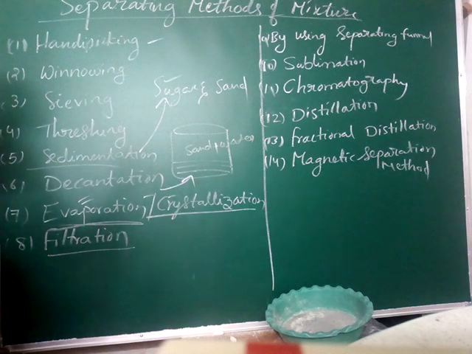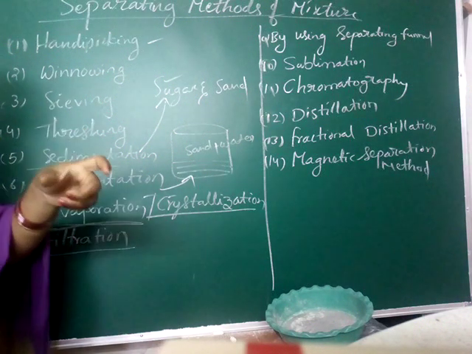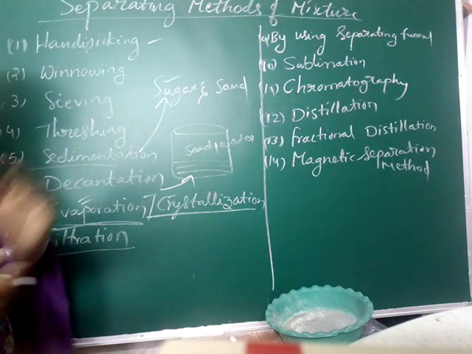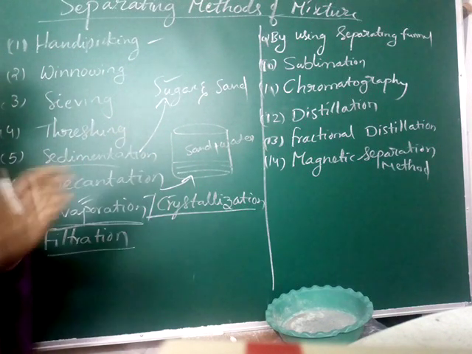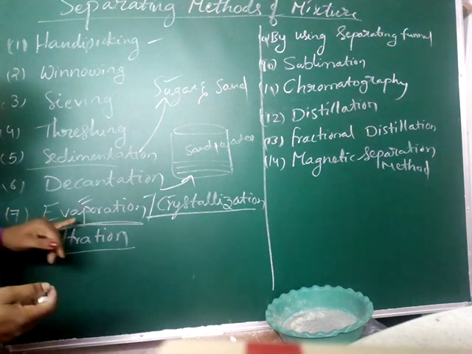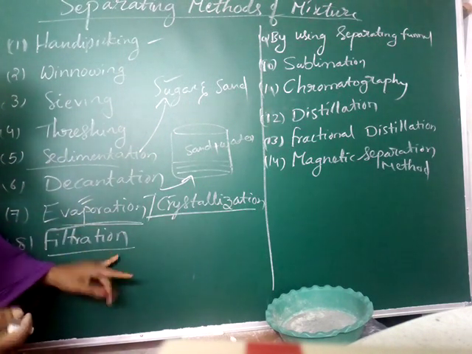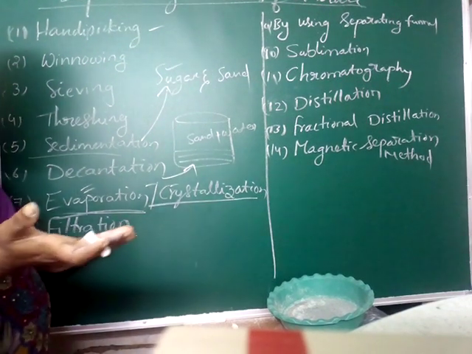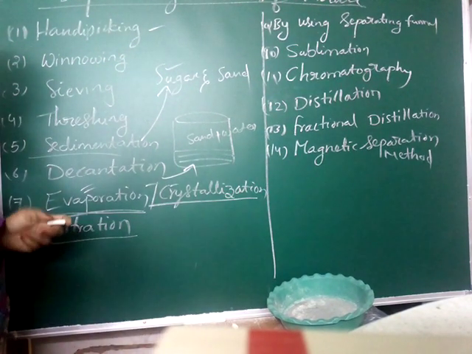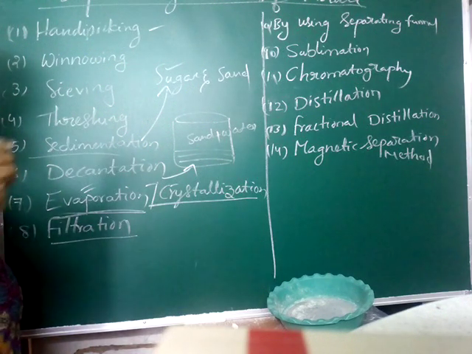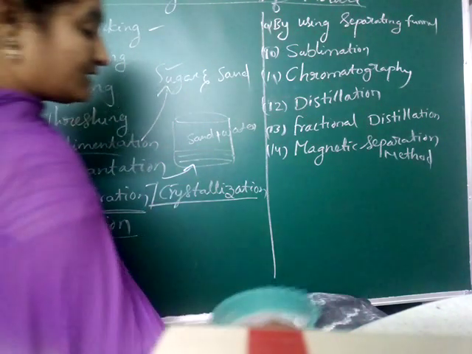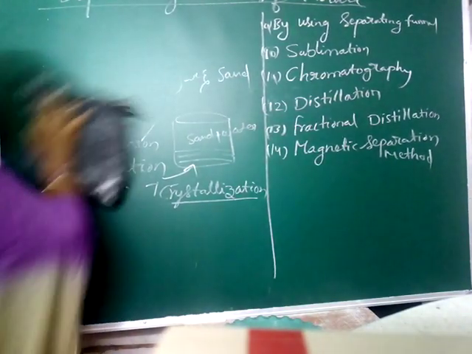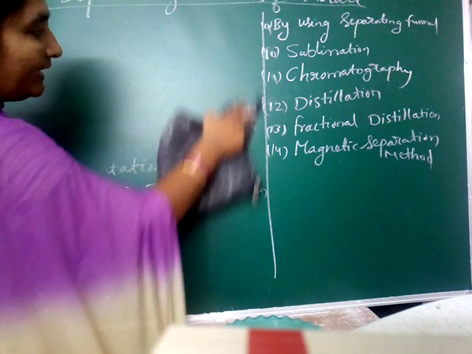Then you use a filter apparatus, and in laboratories you may use filter paper for filtration. We can separate like that in the filtration process. Okay, do you understand? These are the normal processes. That's why I am explaining like this. But when you are in 9th class, you have to write in every examination. That's why I am clearly explaining all the remaining methods used in our daily life.